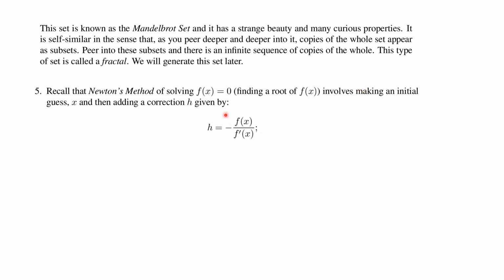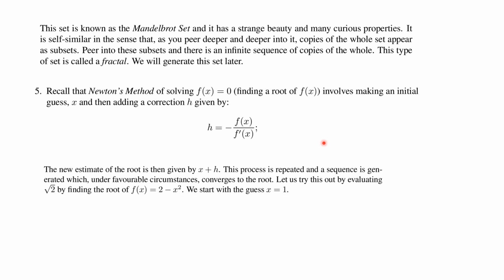Remember Newton's method for solving an equation, for finding the root of a function. So you're trying to solve f of x equal to 0, you make an initial estimate, and then you make an adjustment as shown. So try that out for a certain function. Say we're trying to find root 2 by solving 2 minus x squared equal to 0. So we make the function 2 minus x squared,